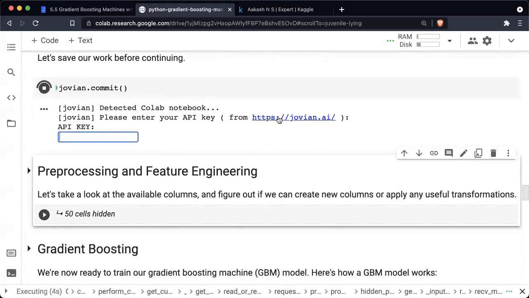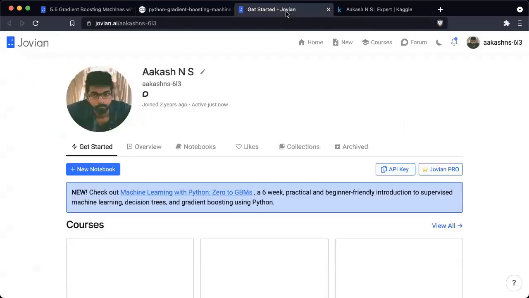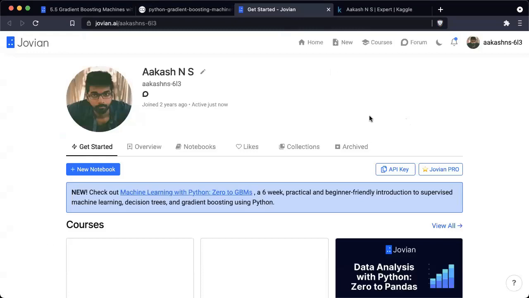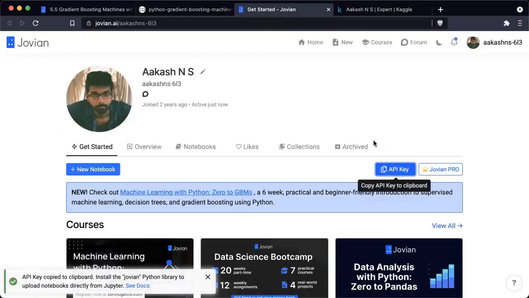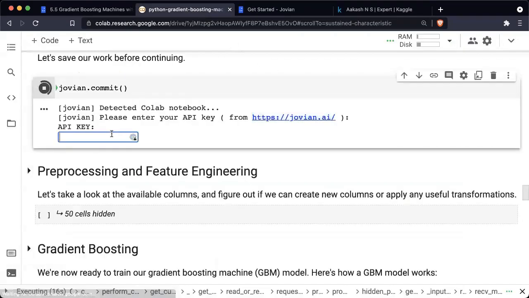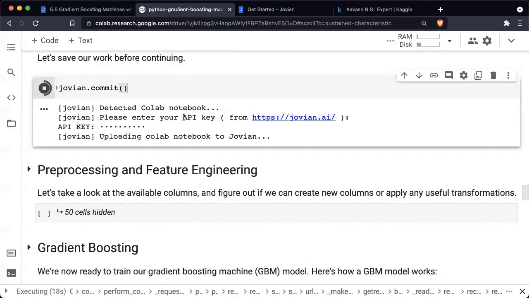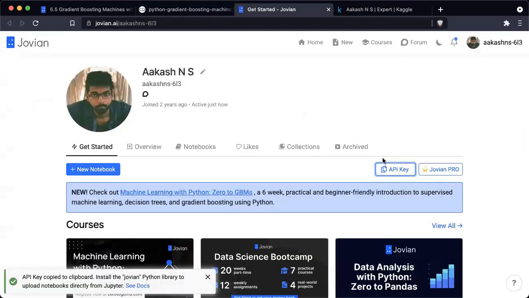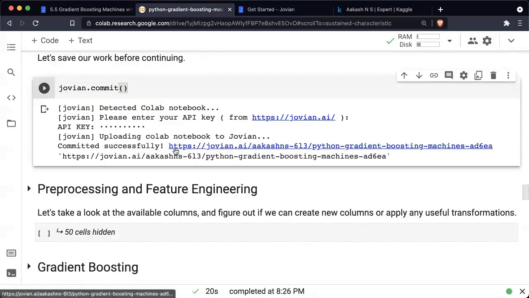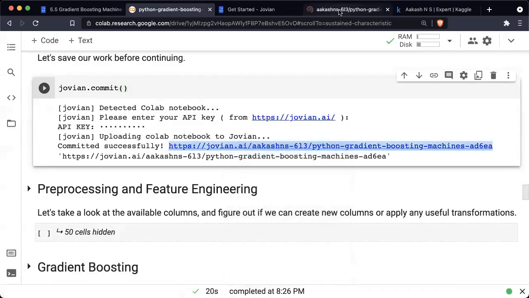So on Google Colab, when you run jovian.commit to save a snapshot of your notebook, you will be asked for an API key. So just go to your Jovian profile, click on copy API key, come back and paste the API key here. So just open jovian.ai, and in the get started tab, you should see this button. And once you paste it here, this notebook is now saved and a snapshot of this notebook has been captured and saved to your Jovian profile.